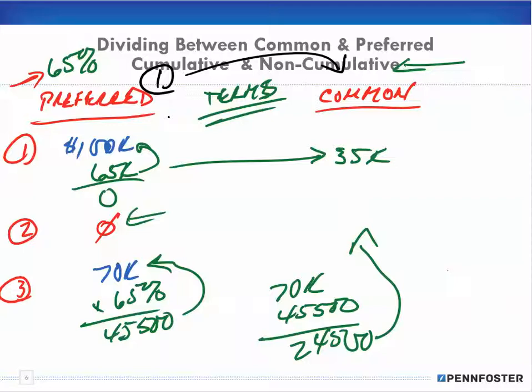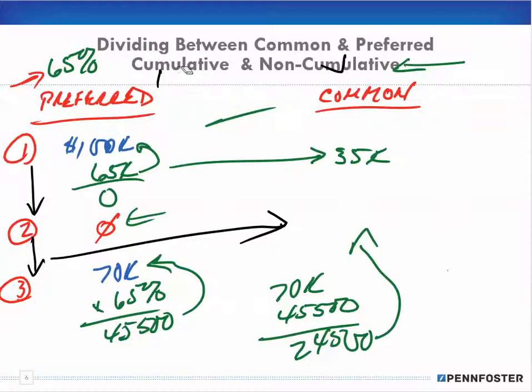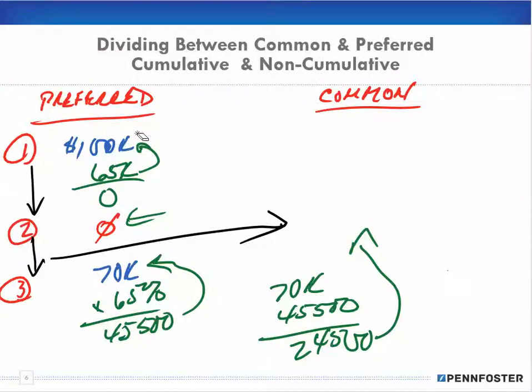If it's cumulative, if there's still money that's owed to preferred, then in the next period it gets satisfied. Otherwise, whatever is still owed is carried over, and one adds upon the other until preferred gets completely satisfied, and then the remainder gets distributed to the common shareholder. So whatever the dividend that's declared, that is all going to be paid out, but you have to determine who's going to get what. How is it divided between the preferred and the common shareholder?